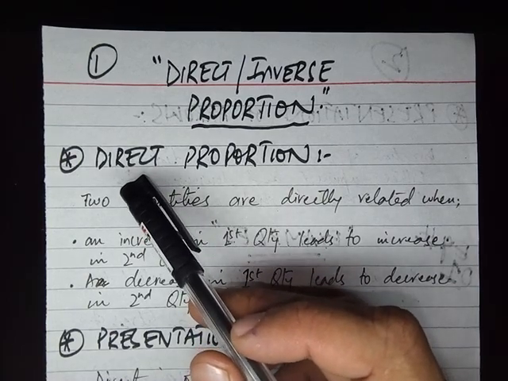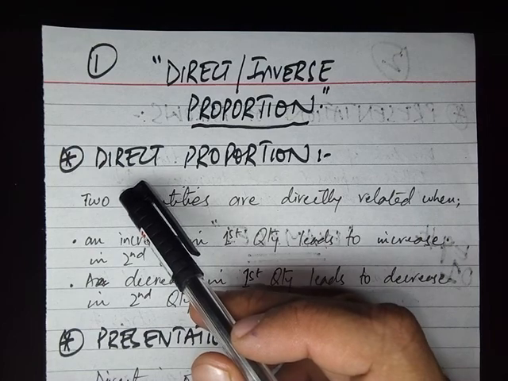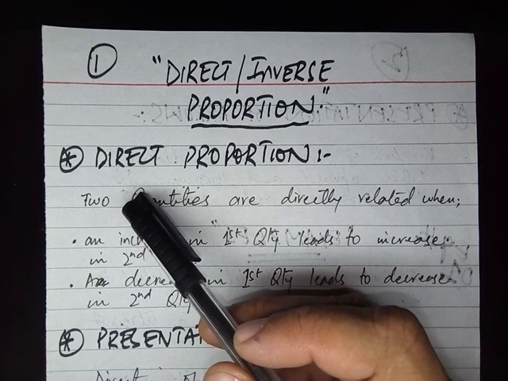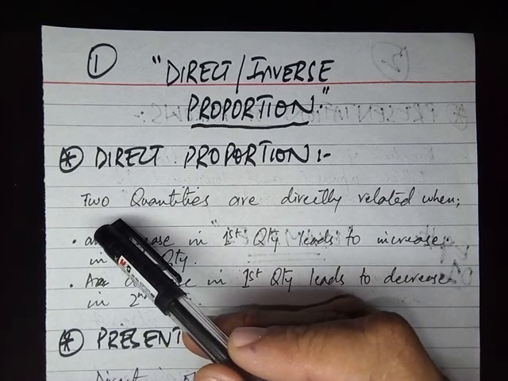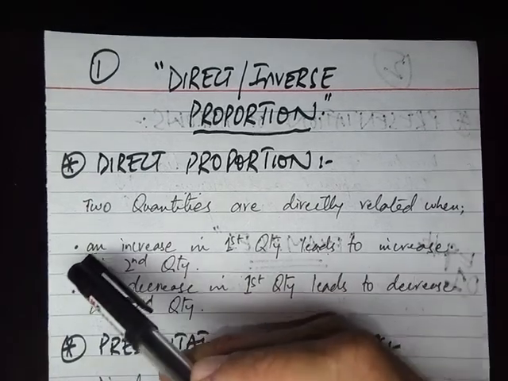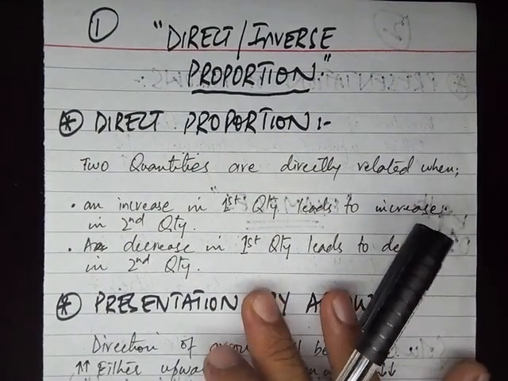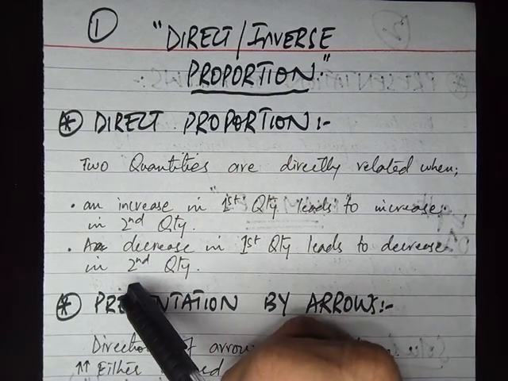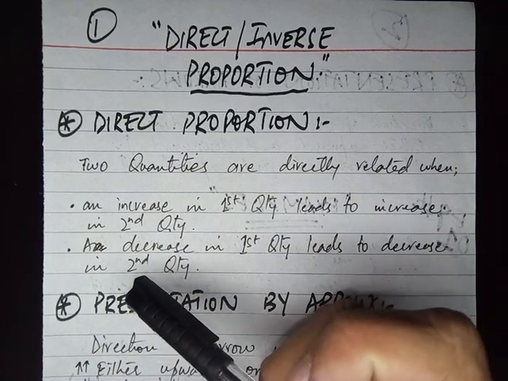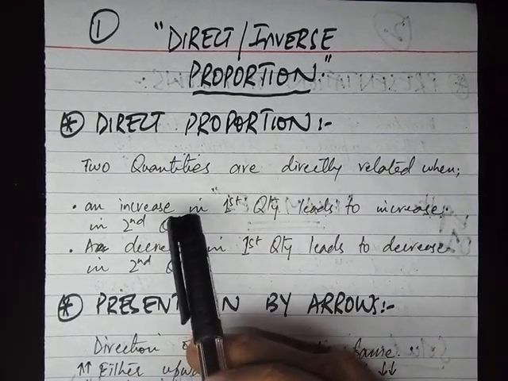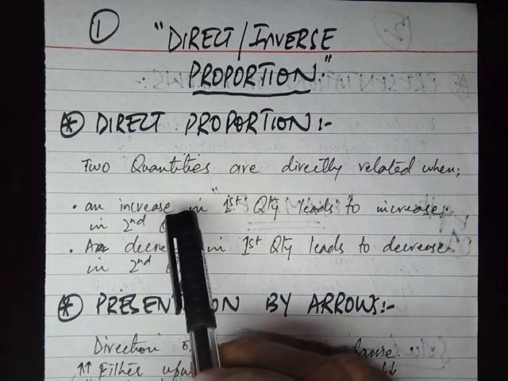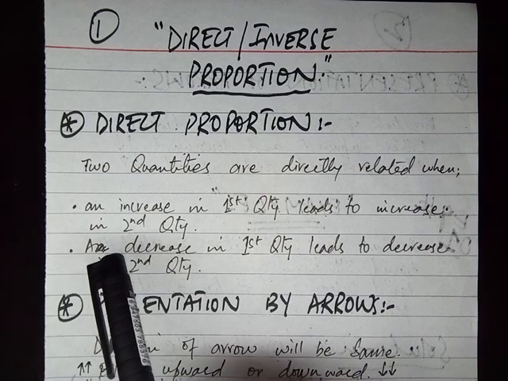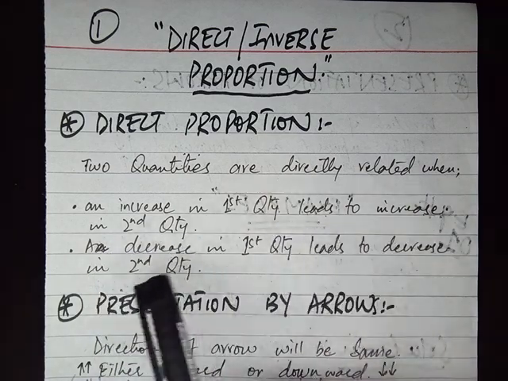So before solving any direct or inverse proportion question, you need to understand what is direct proportion and what is inverse proportion. When two quantities are directly related, an increase in the first quantity leads to an increase in the second quantity, and a decrease in the first quantity leads to a decrease in the second quantity, right? So when we have the same trend, for example, if one quantity is increasing and it leads to an increase in the second quantity as well, or a decrease in the first quantity leads to a decrease in the second quantity,